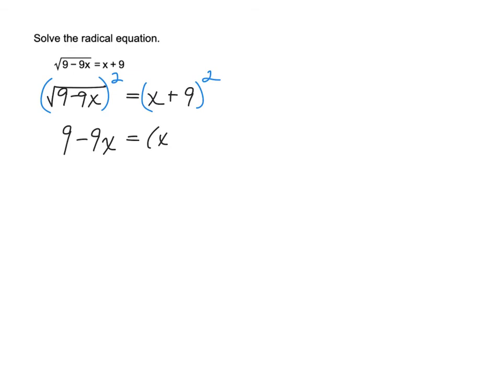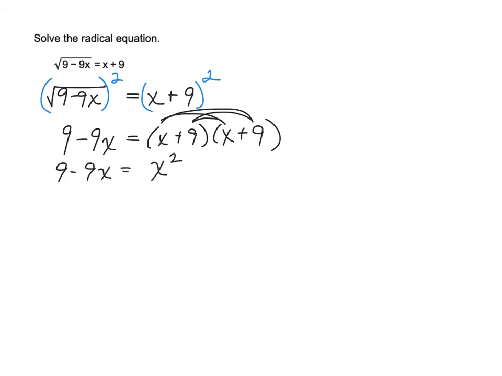What it is, is x plus 9 times x plus 9. Okay, and you're going to have to FOIL that out: first, outer, inner, last. So let's work it out. Our first is x squared. Our outer is 9 times x. Our inner, right here, 9x. And our last, 9 times 9 is 81. So we have